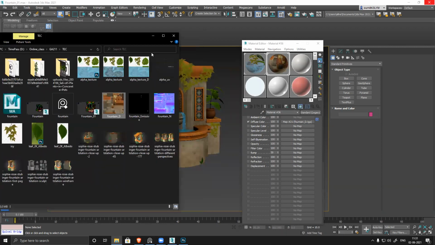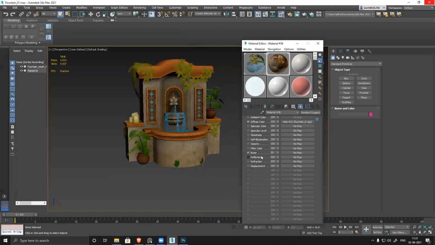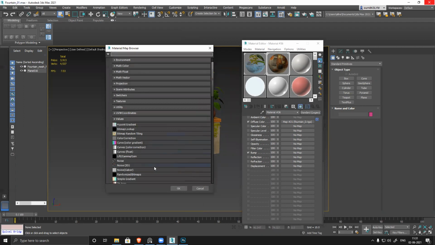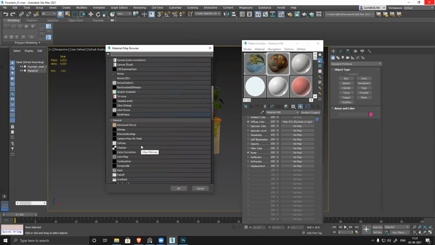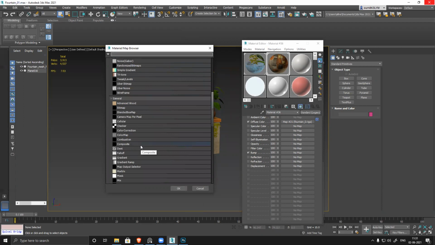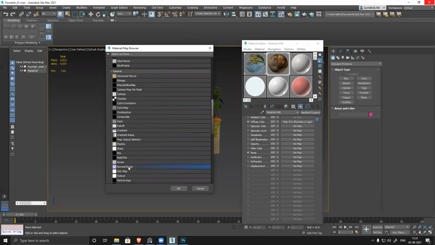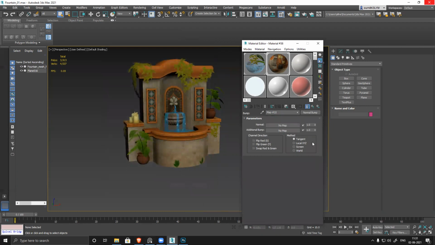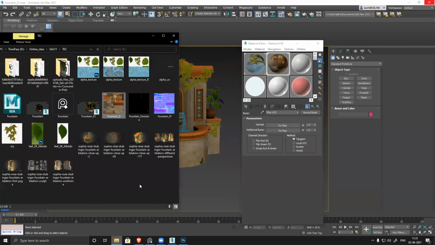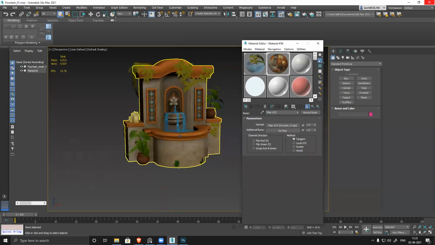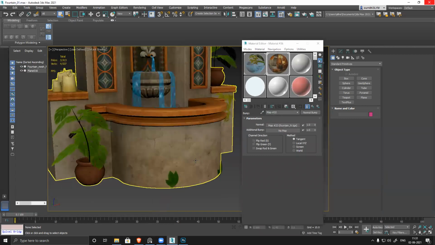And now for normal, click on the bump and make it 100%. Under maps, click on this and then scroll down. You can see there is something called normal bump. Double click it. Now apply your normal map here. Max works a little differently, that's why you have to do it like this.